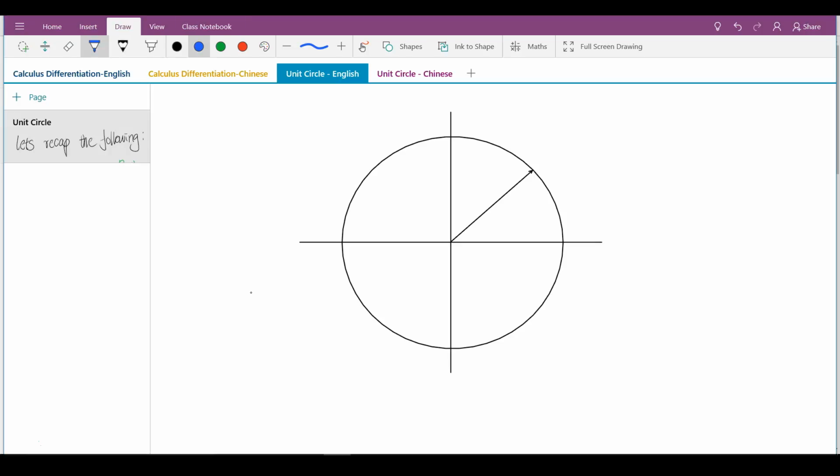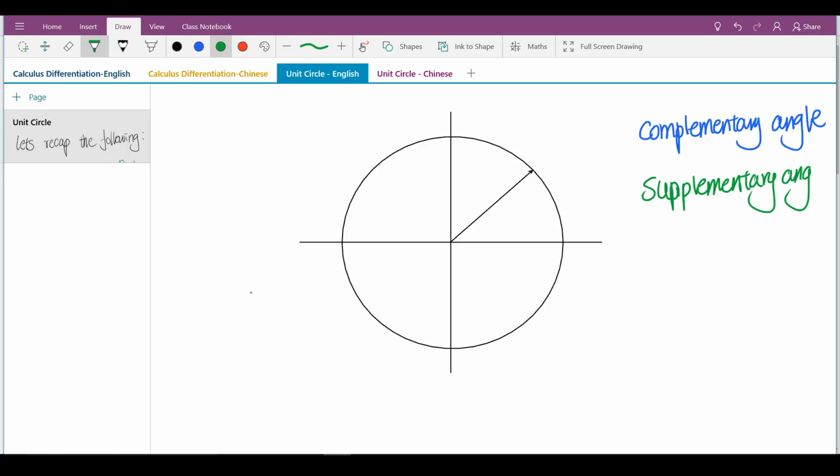It is because we can identify the complementary angle or the supplementary angle. The symmetric feature of the unit circle allows us to find these two, the complementary angle and the supplementary angle. Now, by complementary, I mean that in a right angle triangle, in a right angle,